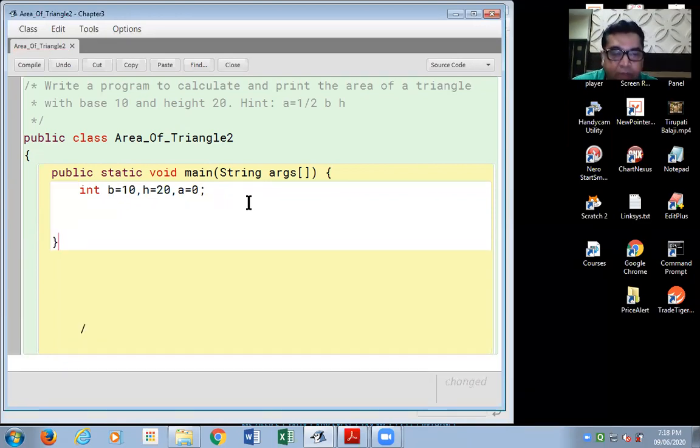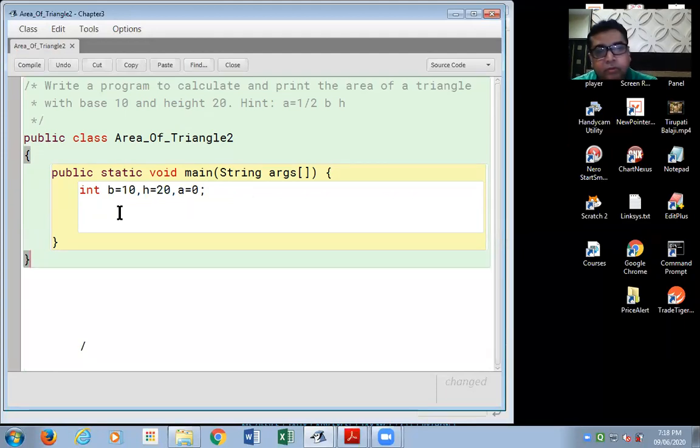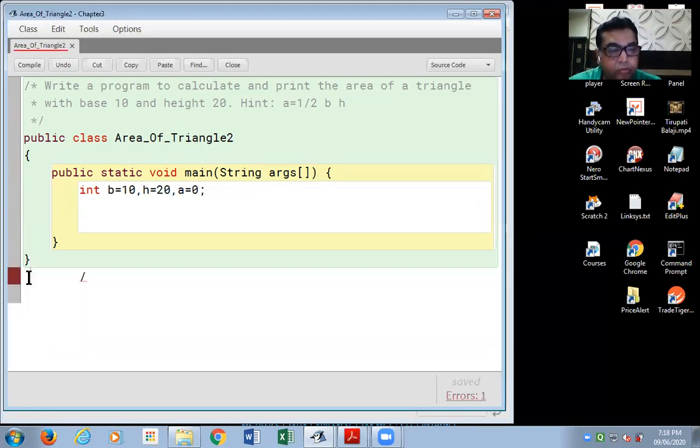This curly brace I'm closing is for the main function, and one more closing curly brace I've given is for the class. We are going to type lines within the main function. Coming to our comment, we start the comment with /star.